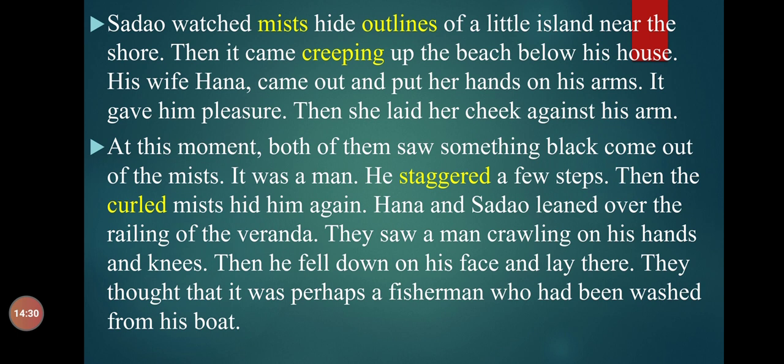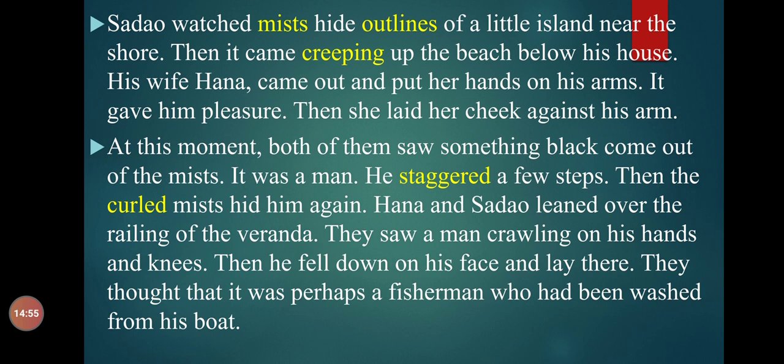Slowly the mist was coming closer to him. Soon there would be mist all around his house. At that time he would go back into the house to his wife Hannah, who was waiting for him along with their two children. Before Sadao could go inside, the door opened and his wife looked out for him.